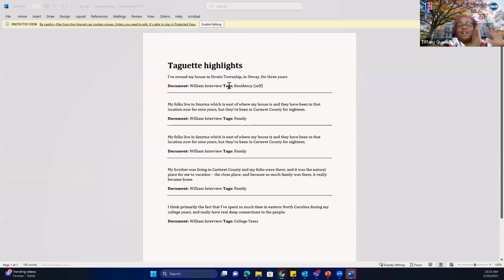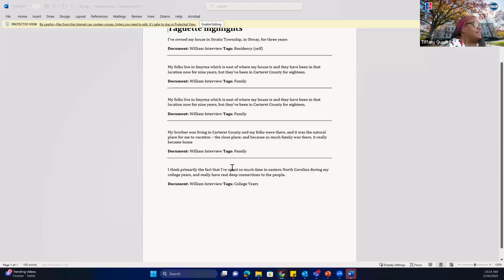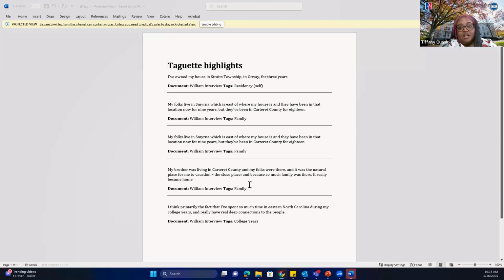So there's one way where it's like, yay, I can see that I have 4 tags for residency. But this way you actually can see what you've quoted or what's quoted in the interview guide. And you can see the tag, and you can see what document it came from. A little bit of the disadvantage from seeing it this way is that you don't have the definitions of the tags or of the codes. So that's the only drawback for this.